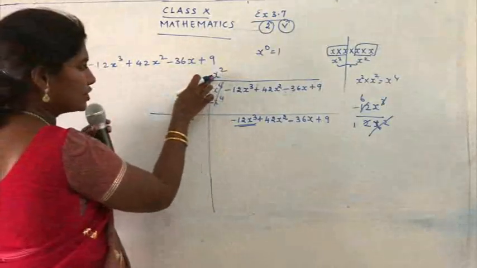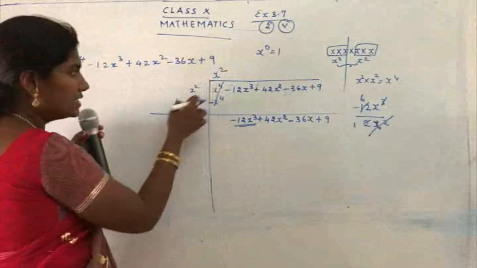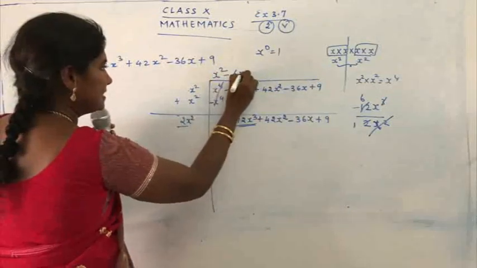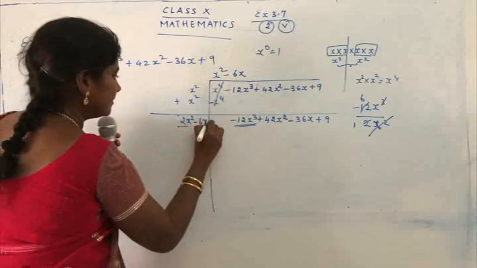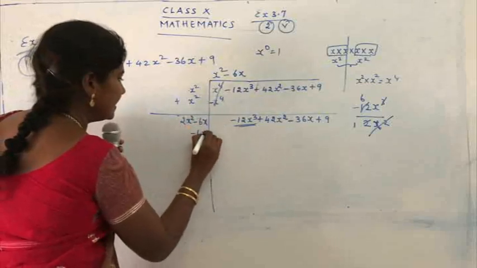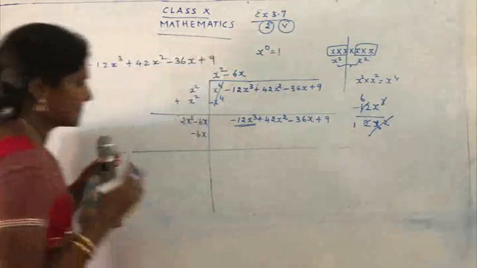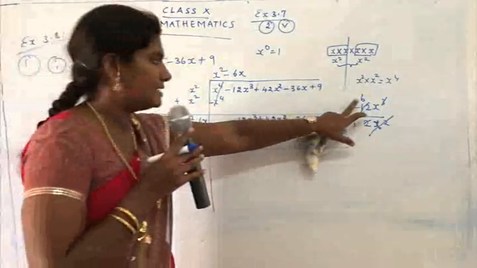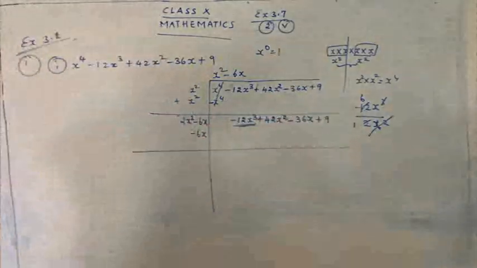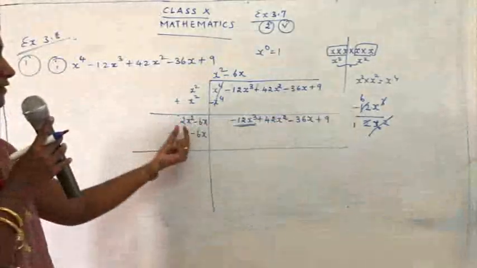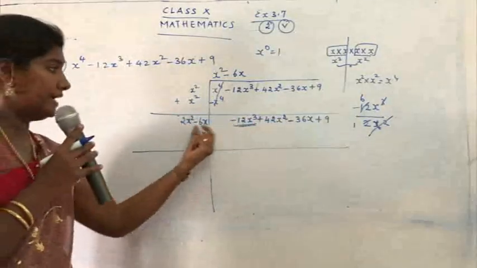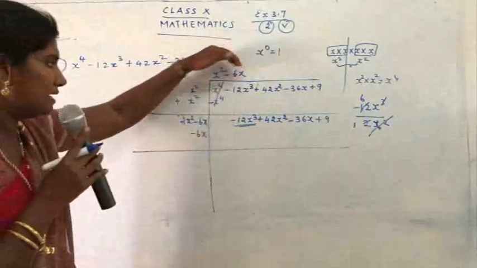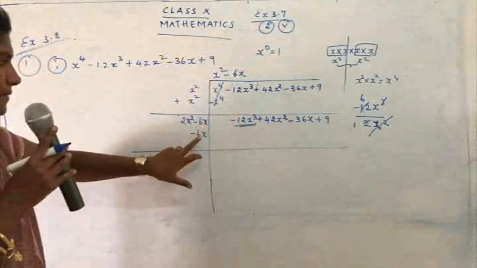Be careful when you insert. When I got the quotient x square, I wrote it over here also, yes? In the same manner we are going to write minus 6x also. Write here minus 6x. Okay, is the step clear? From where do you get minus 6x? You have to take the first term, that is minus 12x cube, and the first term from here, that's 2x square. So we divide it and you get the answer minus 6x. So write minus 6x on the quotient part, then over here also minus 6x.